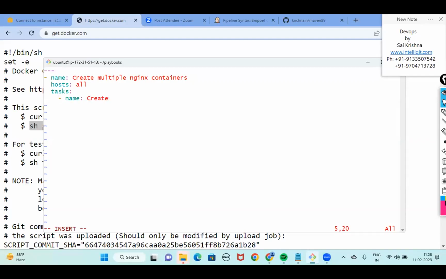I said create 100, but if I give 100, those t2.micro machines will blow up. So we will say 10 Nginx containers. And the module that we are working on is docker_container. The name of the container, and of course, what is the image that we are trying to work on?